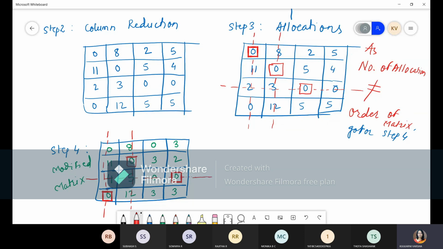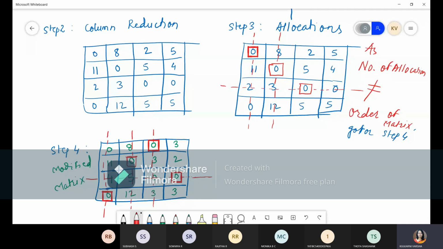Now all the 4 columns are over. Now check again row wise. Now go once again for the first row. There are only 2 elements, 0 and 3. So there is a single 0. So allocate that 0. And once you allocate that 0, cancel the column because we are doing row wise scanning. So we did it. Now check for the next row. No further allocation is possible. Now, how many allocations we got? 1, 2, 3, 4. Right?